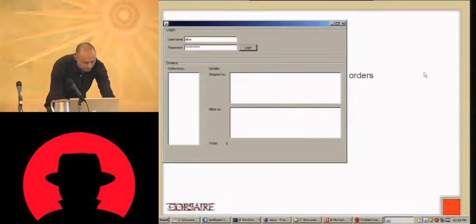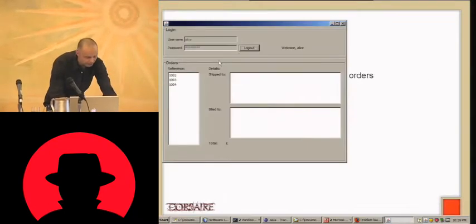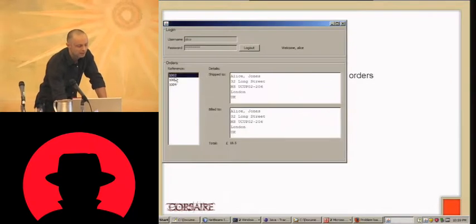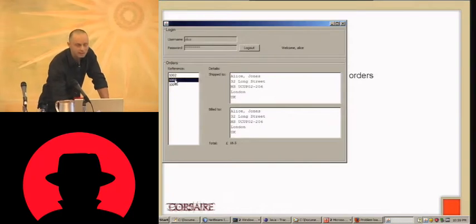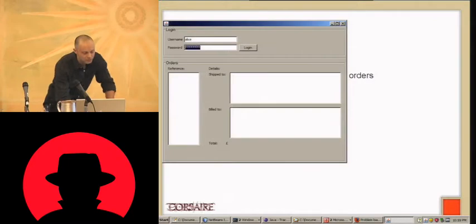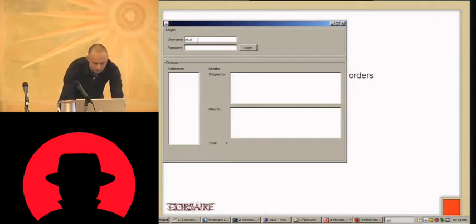Now, obviously, to do something like the access control test, we can only click on order numbers here. So if I wanted to try and access Bob's numbers, the GUI just won't let me do it. It gets in the way, right? Similarly, if I wanted to try SQL injection,